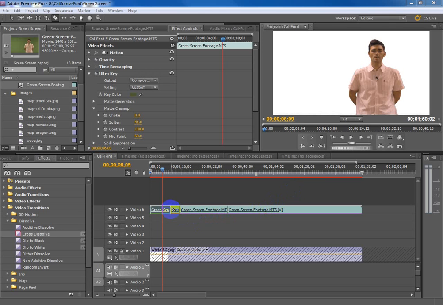So you can see here I've used my razor tool and I've split my green screen footage into 4 different clips here, and these are really the 4 sections of the lesson that Senior Ford teaches here. And I've done that so I can move him around based on what I want to show in the background in that section. So the first 2 sections here, the first section he introduces himself, and the second section, I'll